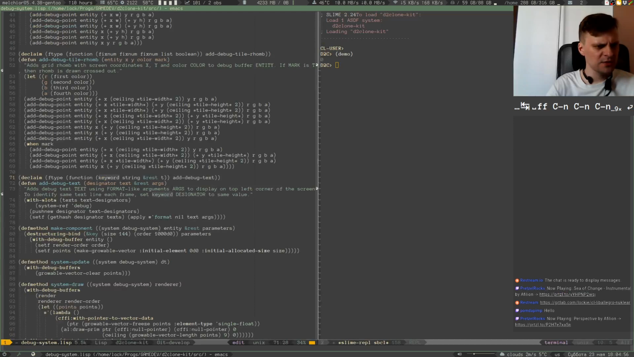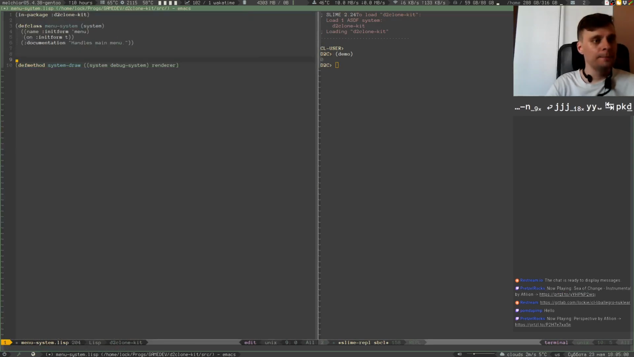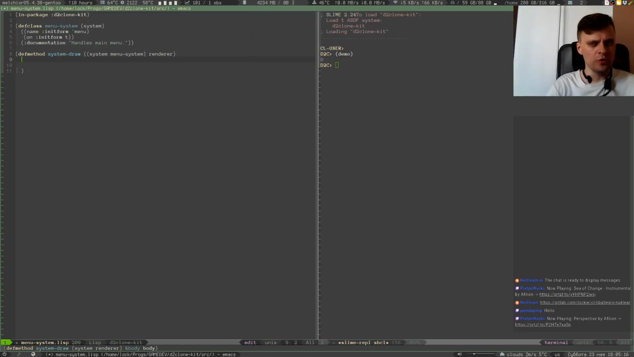Something like the debug system. I'm going to just copy that. Okay, system draw, I think like here, but not the debug system, the menu system. So in this draw method, I will be actually drawing the